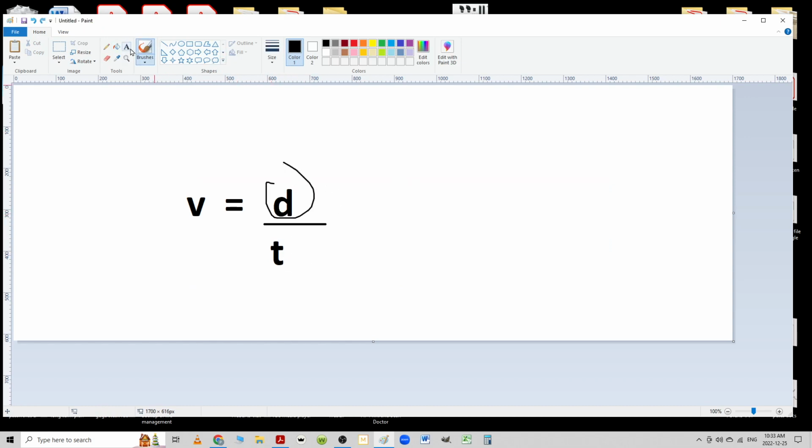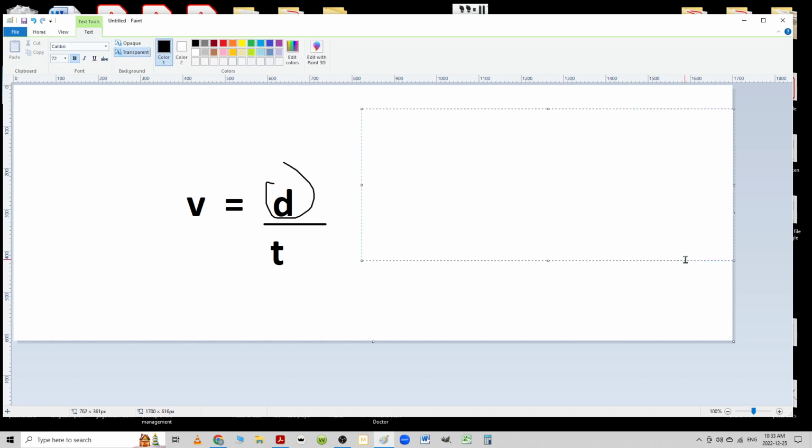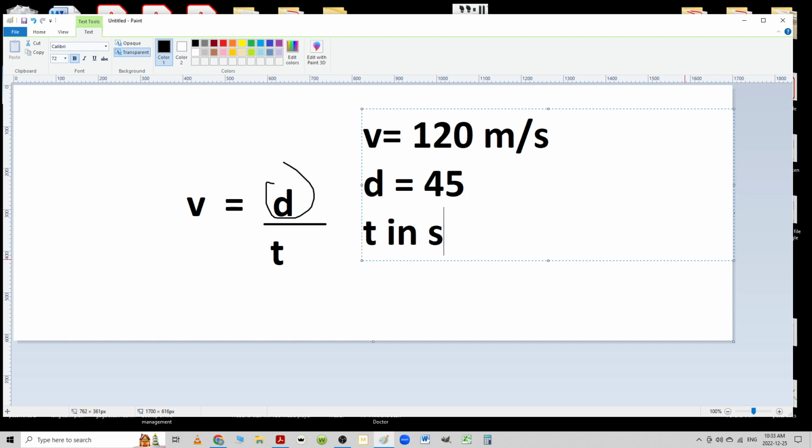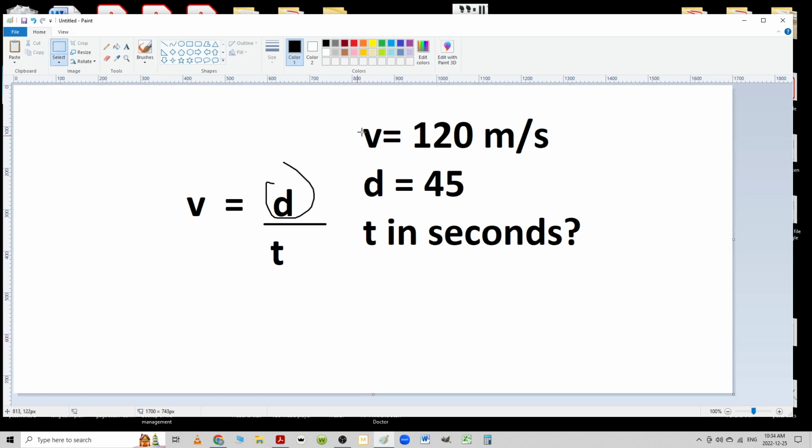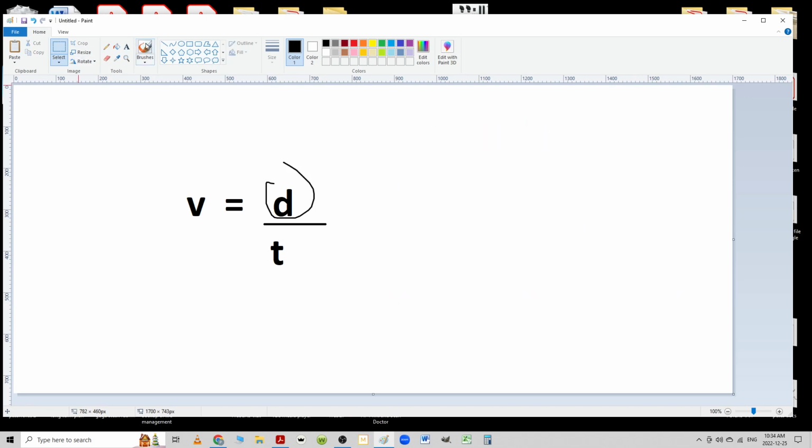But every once in a while, especially teachers will always love to do this, if you're told someone is going 120 meters per second, and they went a distance of 45 meters, and you're asked to find out how much time in seconds did they take, you'll be flustered. The pyramid explanation I sent last time solves this, but I also want you to